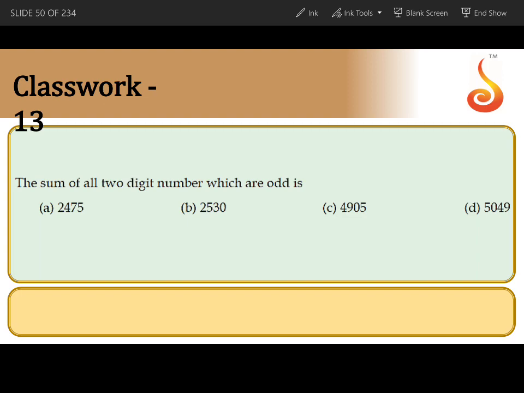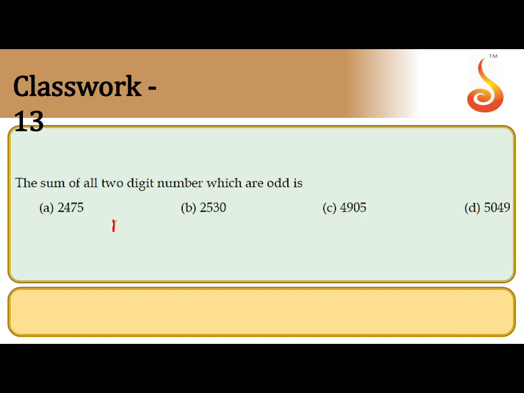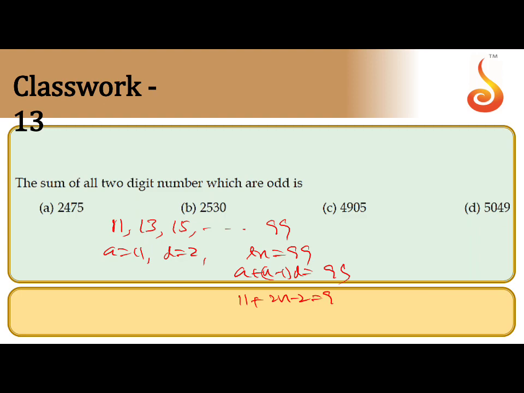The next question is the sum of all two-digit numbers which are odd. Two-digit odd numbers are 11, 13, 15 and so on. Last is 99. Same as the previous question. So here A is 11 and D is 2. So Tn is 99. Tn is A plus n minus 1 into D equal to 99. A is 11, D is 2. 2n minus 2 plus 11 equal to 99. So 2n equal to